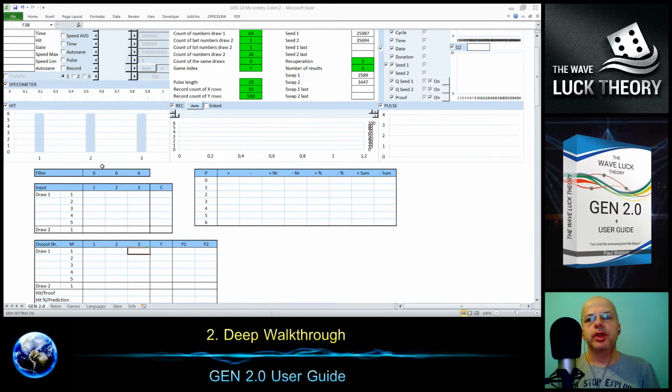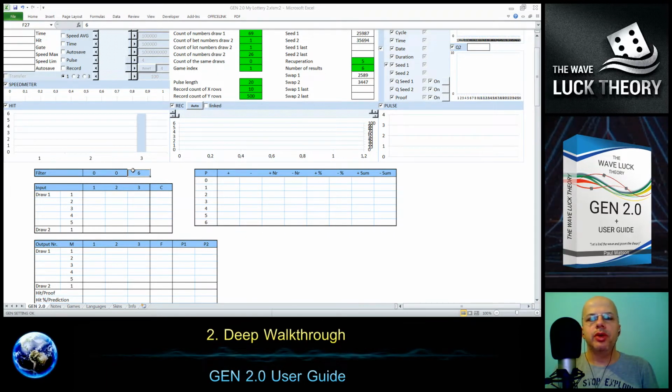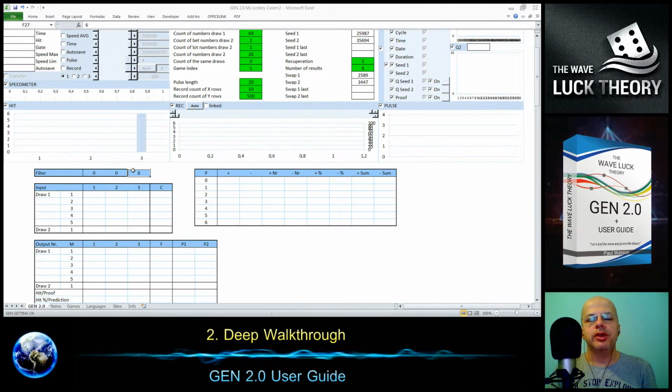So the filter setting, you can play with this, and please keep here lower values or some reasonable values. And for today, to see something, I put here 0 or leave it empty, it doesn't matter. And for the last one, if I want to increase the end of the wave to have it at least 1 or something, so I put here number 1, and it's my filter setting for today, just to see more.